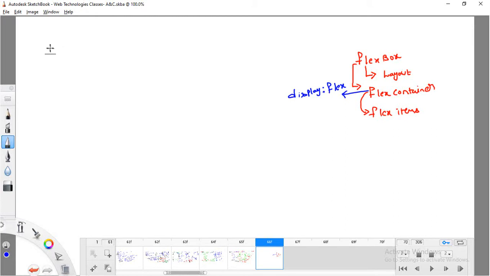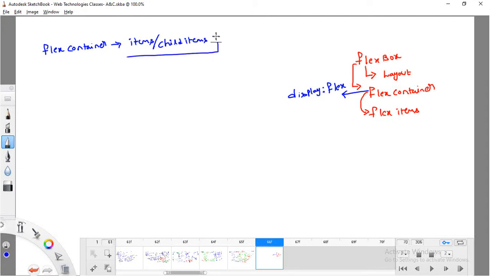Meaning that a flex container contains various items. We call them flex items, or child items.